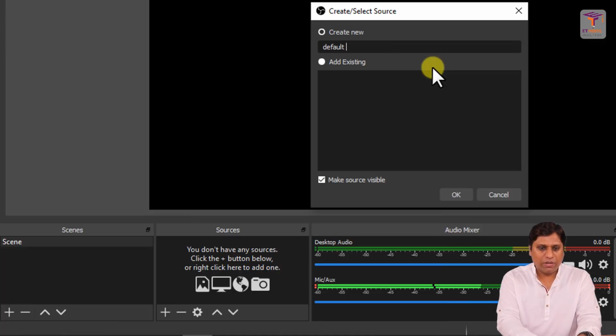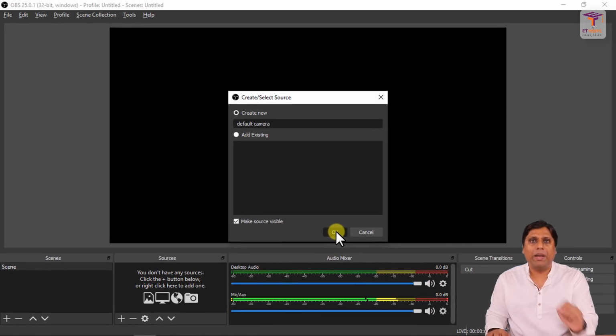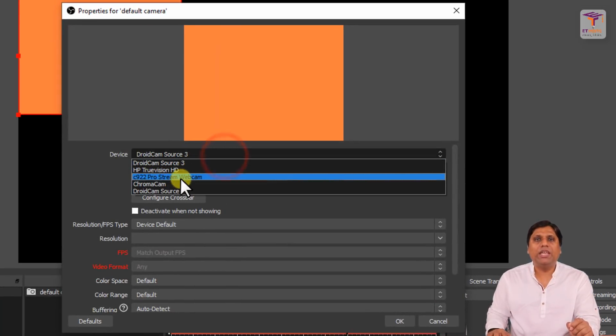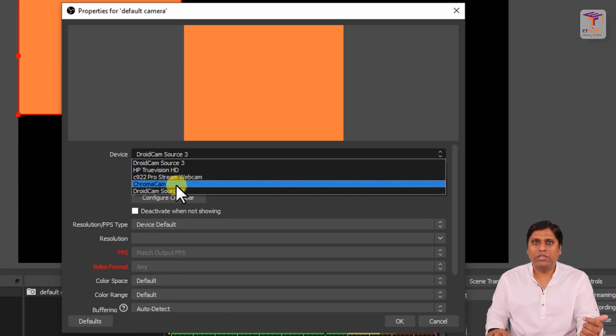Default camera. I am giving the name default camera because with this I will select the default camera of my laptop. I'll click on OK. And now you will see all the cameras available on your computer here on this list.